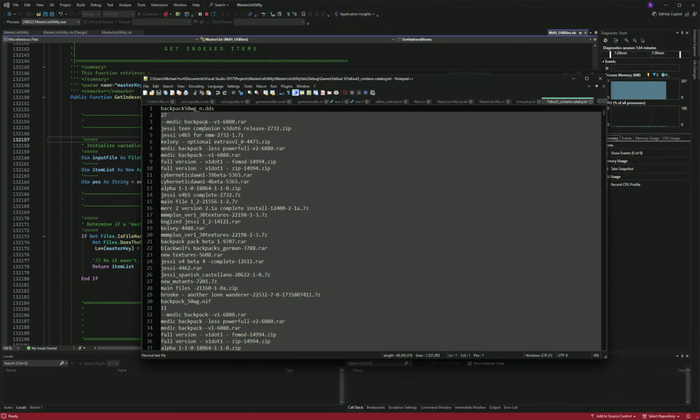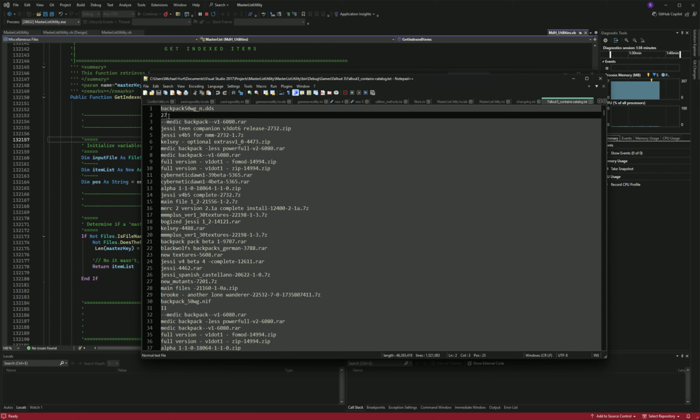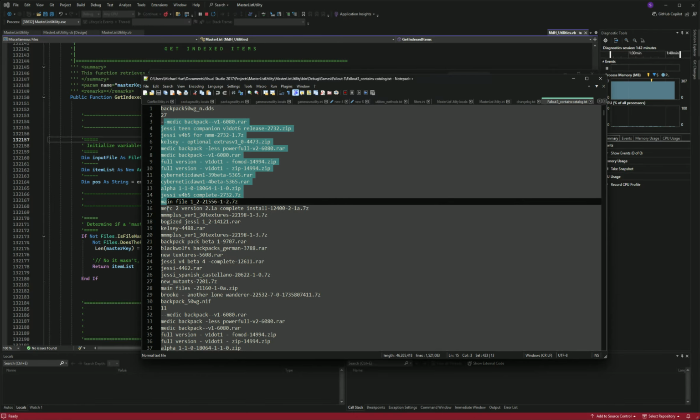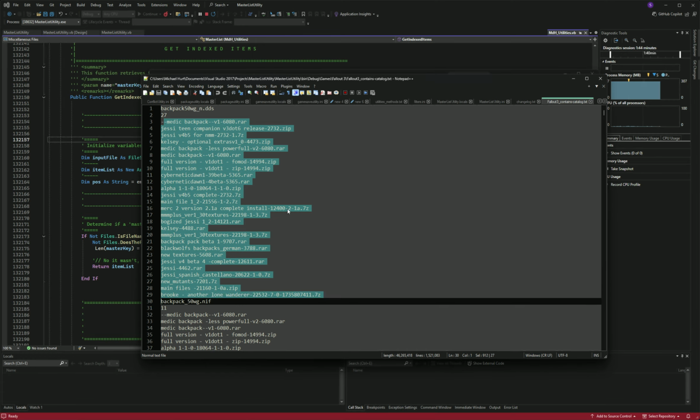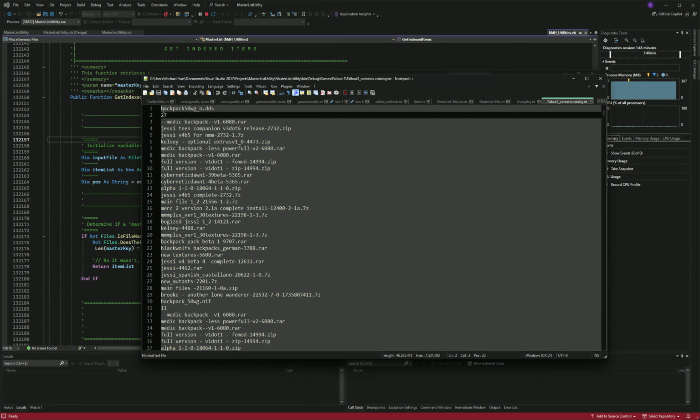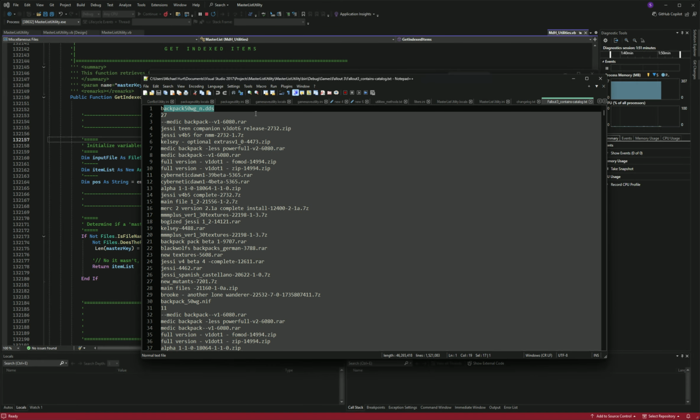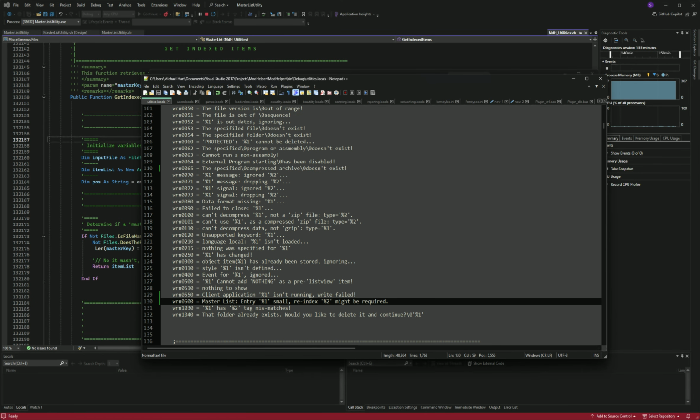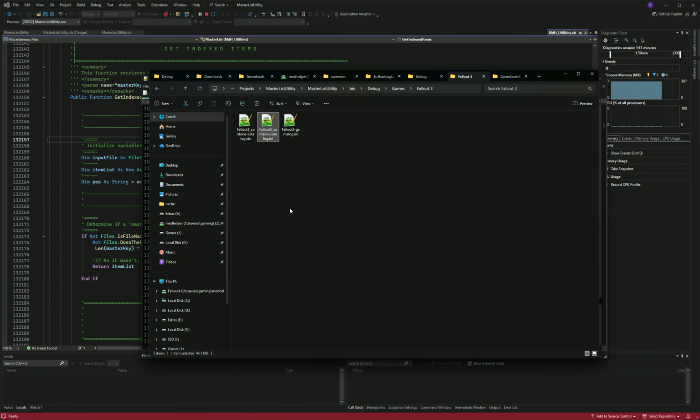So see, this is the database. There's the file name. There's how many entries it has in the list, so that way it knows that 27 entries is what it needs. And then these are all the mods that have this file in it, is basically what that is. That's how that works. And then if you looked at the index file, because you can see this is,